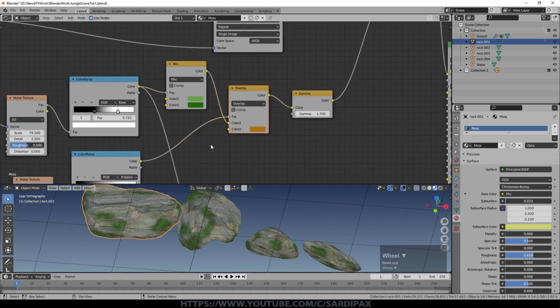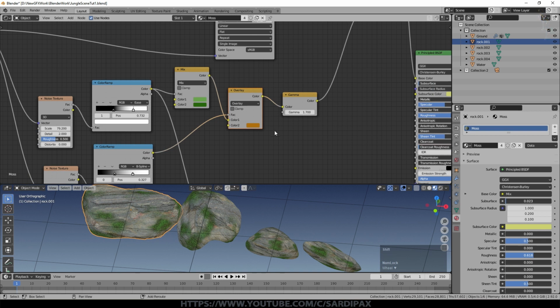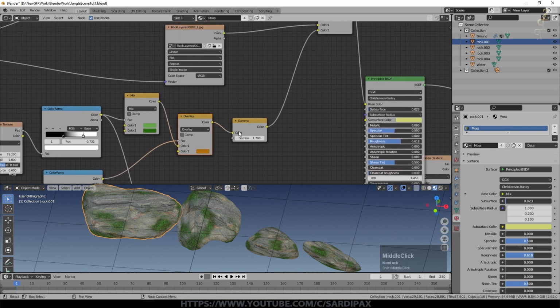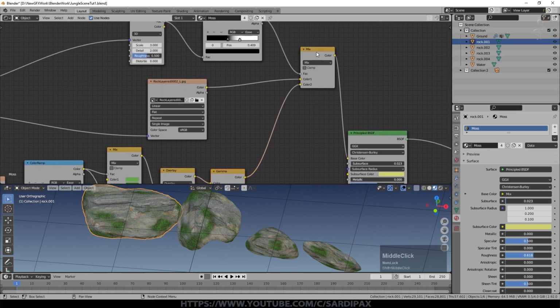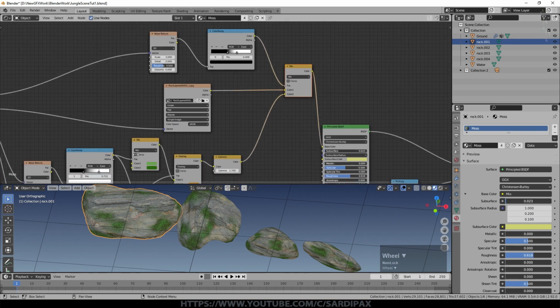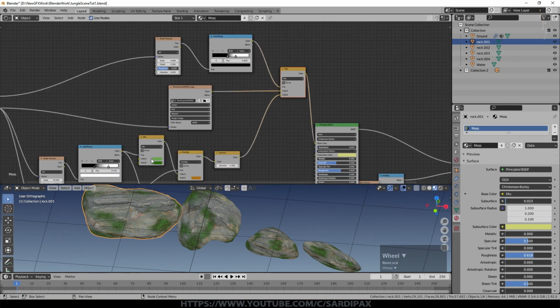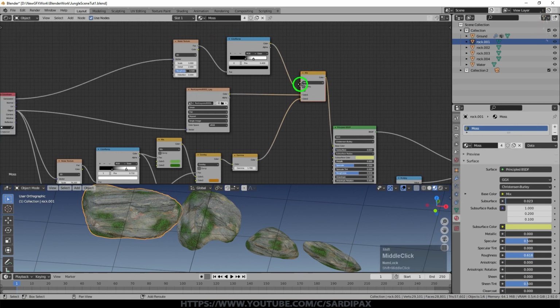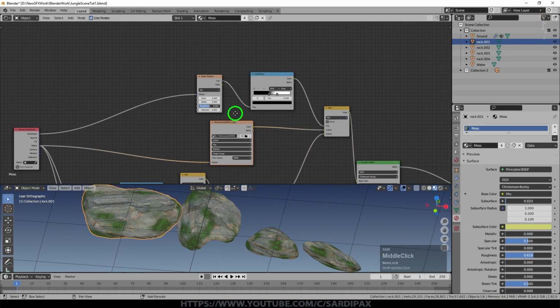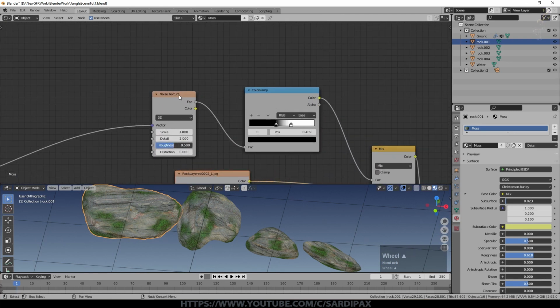Now we'll ignore the overlay node for the moment and just come straight through. So ignore that. That comes through. This gamma node really is just for sort of making the color stronger and darker. And then that went into one side of this mix node. So essentially I've got a patchy green color, patchy between these 2 greens here, coming into one side of this node. I've got my rock texture on the top side of the node, and then I've got another noise texture here.